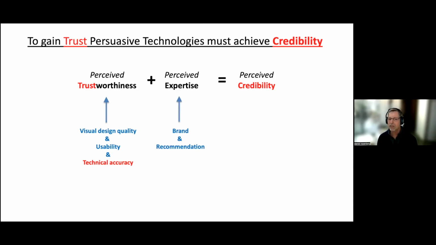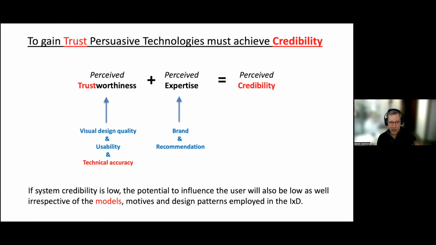Perceived expertise is about brand and recommendation. So a company that's the leading genomics company in the world has a brand associated with this. Would you trust Amazon to recommend what rare disease you have and how to treat it? Maybe not, right? So again, the whole point with bringing in these kinds of recommender systems, and this is at the extreme edge of recommender systems, it's about trust and making sure that the system can explain itself and that it's just very, very well designed in every detail.